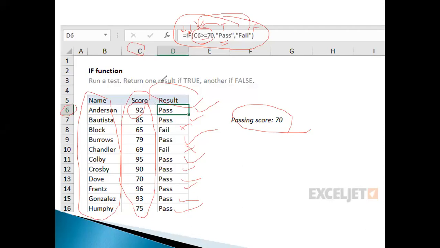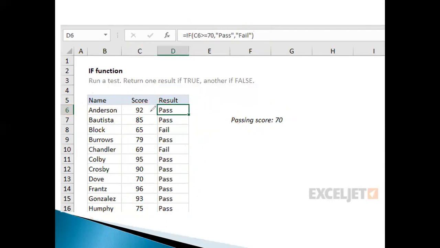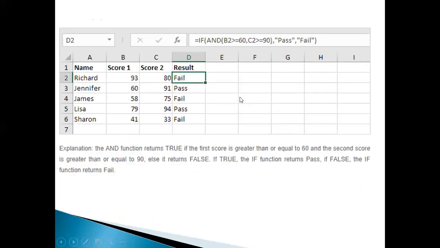Now this is related to only one score, the score of only one subject. But what if we have more than one? In that case, what should be done? We can use the AND statement also.